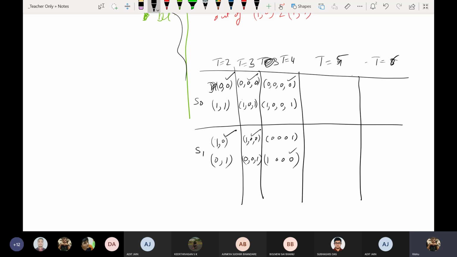See here at this point, you don't know whether it is S0 or S1. You say that if the state at this point is S0, then this is the most likely path; if the state at this point is S1, then this is the most likely path. You are calculating those for both states, and then you know the terminal state. You always terminate with S0, so you calculate the paths up till you reach that last S0, and out of the 2 paths that lead into that S0, only one will survive, and that will be your most likely path.